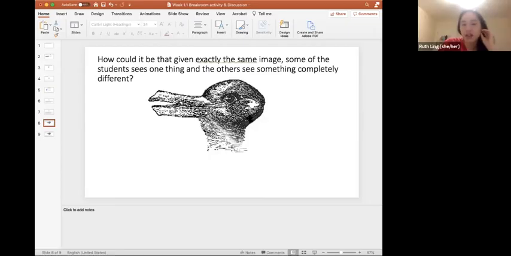Ruth? Yeah, similar to that, I thought about where you start looking, and in general, most people chose the duck. And to me, I think if you look from left to right, which is how most people read in English at least, you will see a duck more so than a rabbit. So maybe experience can also affect the way you perceive things.